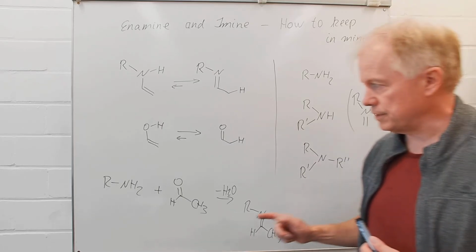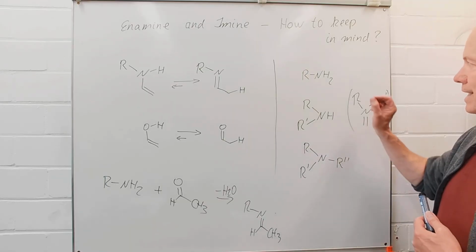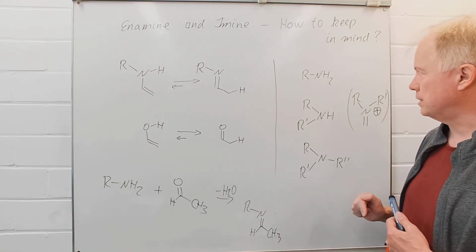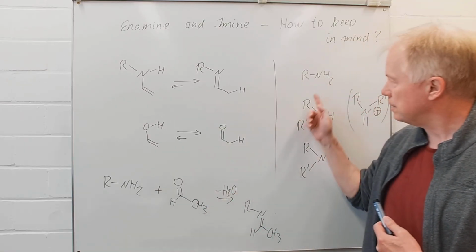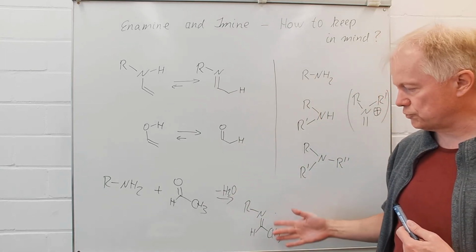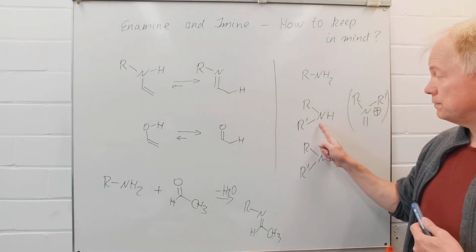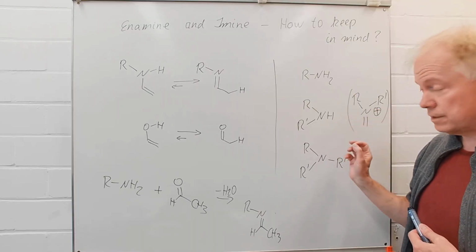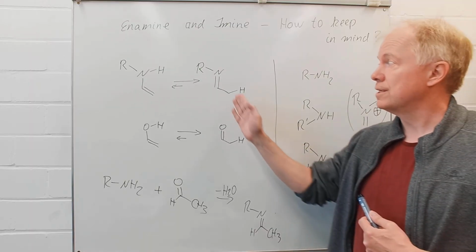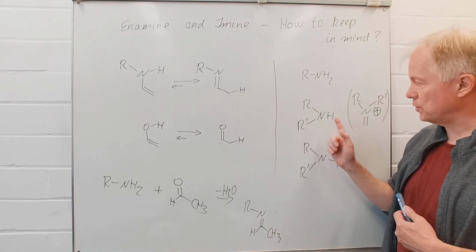Now it's interesting, here we have a primary amine. Let's compare a primary amine, a secondary amine and a tertiary amine. As we have seen here, with a primary amine we can make a condensation reaction and we'll get to the imine and enamine tautomers. With a secondary amine we cannot synthesize an imine by condensation, since, well, for an imine